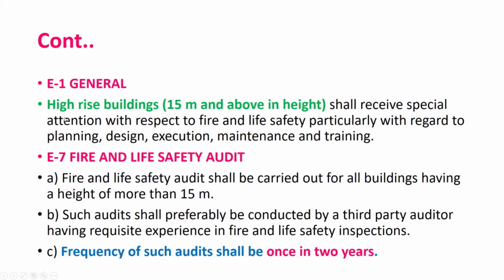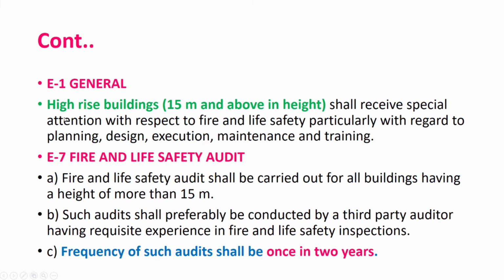The following additional provisions of means of access. Find well what it is saying. Provisions of means of access shall be ensured. Additional provisions: the width of the main street on which the building abuts, that means the road in front of the building, shall not be less than 12 meters, and one end of this particular street shall join another street which is not less than 12 meters in width.